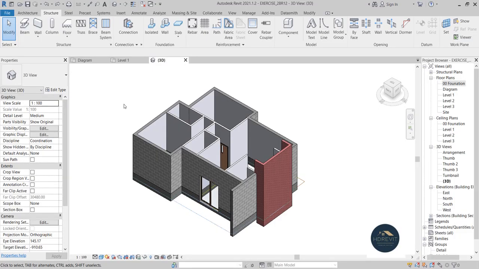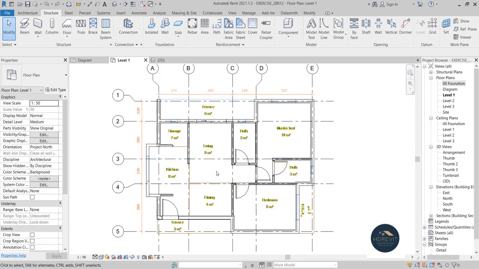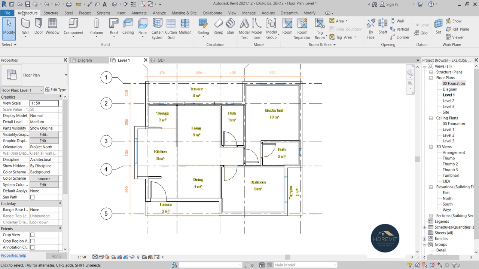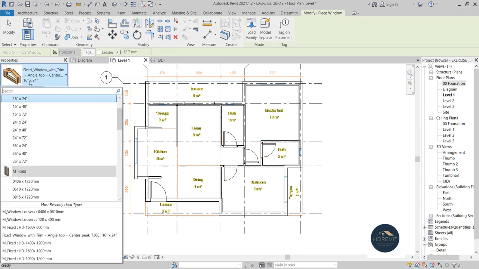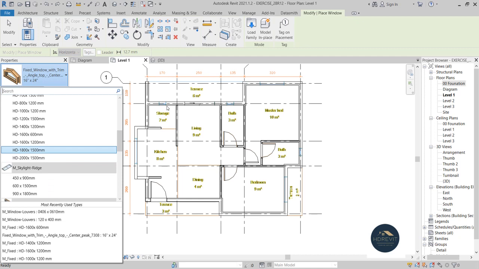Next, we are going to place windows. I'm going back to level 1 floor plan and then I will snap all these windows in here. I'm going to start by going to architecture, then go to windows, and then I will choose the type of window that I need. For instance, this